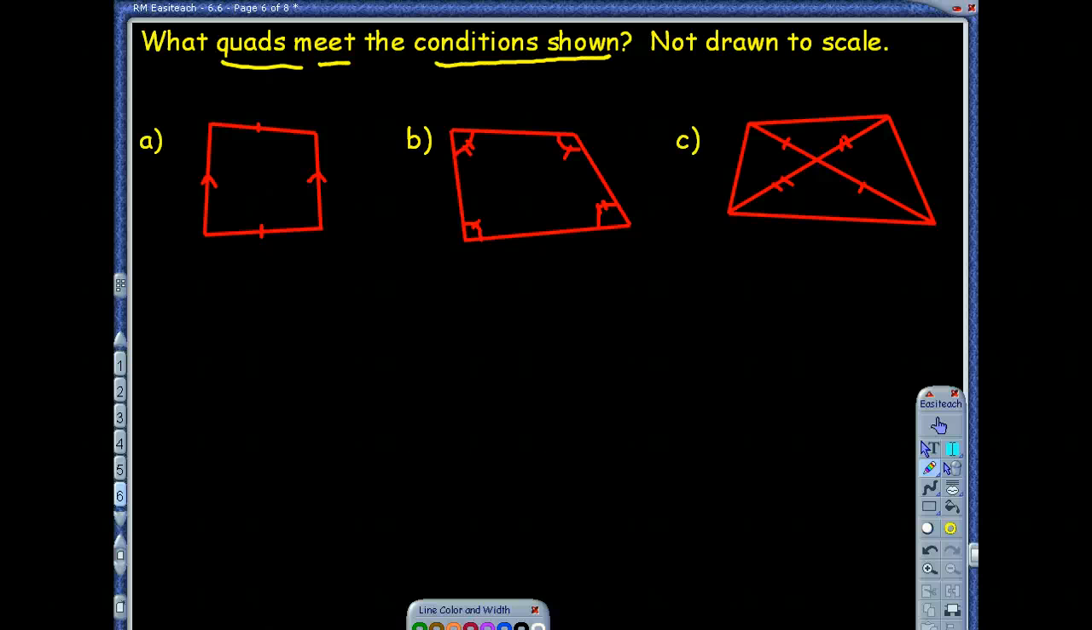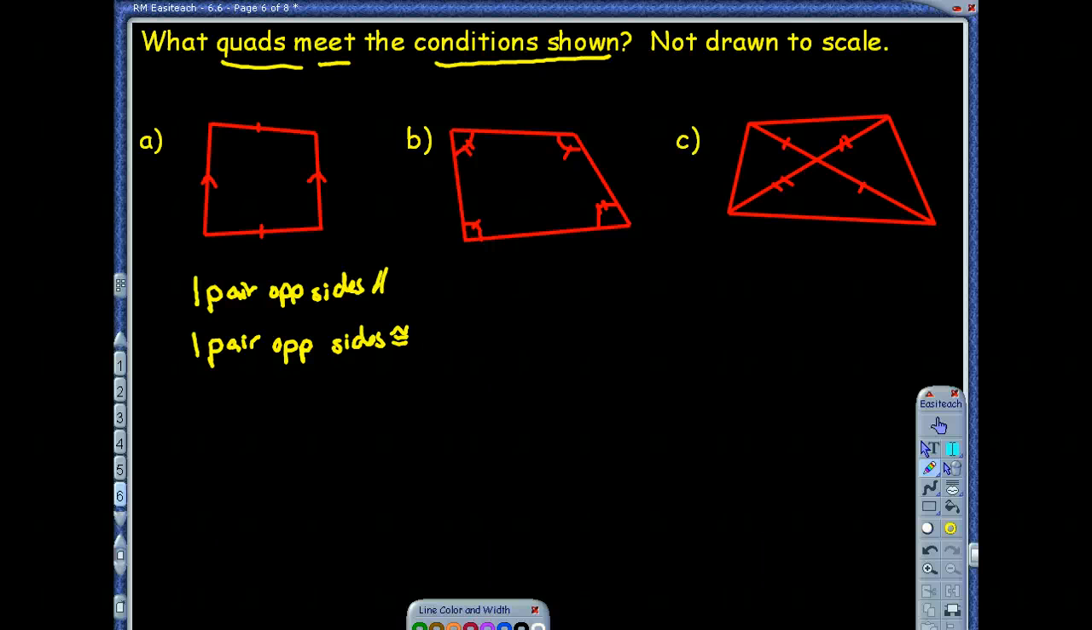Okay, so in part A, I see one pair of opposite sides that are parallel. And I also see that the other opposite sides, not the same one, are congruent. And I stress that it's not the same one. The parallel sides are not congruent as well. If they were, I would be thinking a whole different